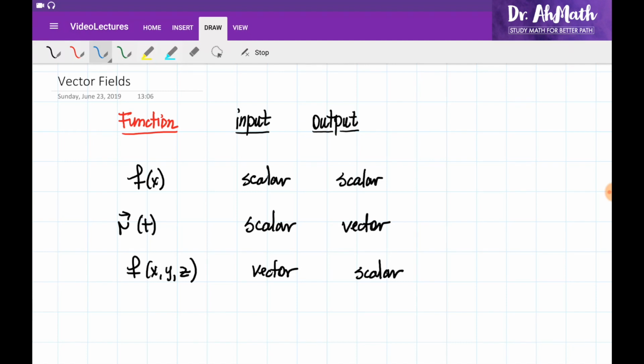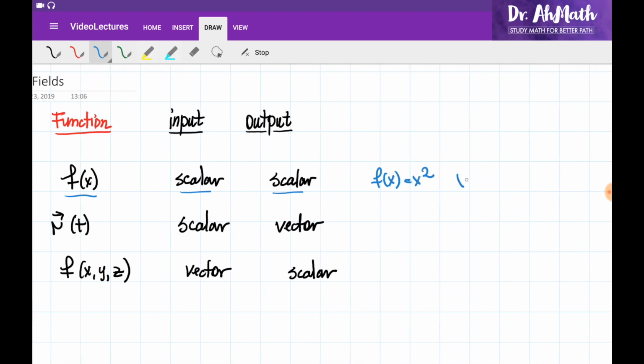If I would need to describe the calculus, I would say that the calculus is the study of functions. We've seen a bunch of different types of functions before, and we make the analysis on them. So we started with single variable functions where the input is a scalar and the output is a scalar. For example, we can say that f of x is equal to x squared, and if I put some input to be equal to 1, it gives me the output f of 1, which is equal